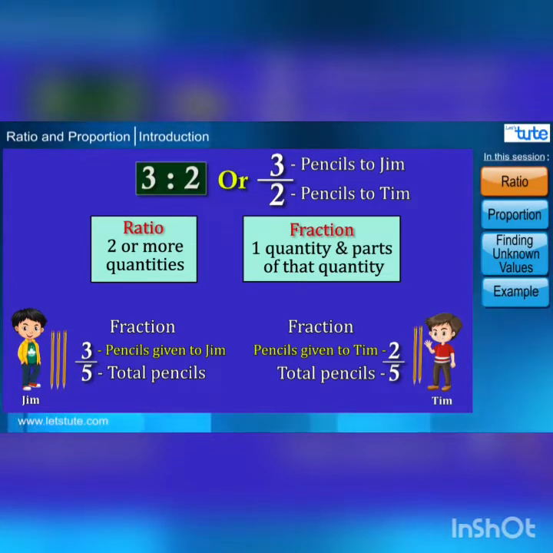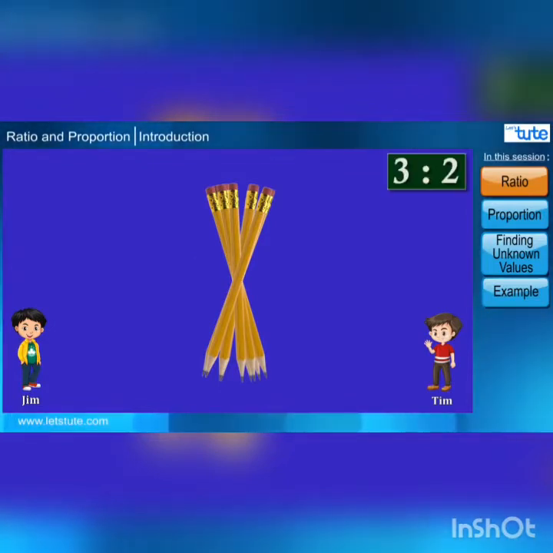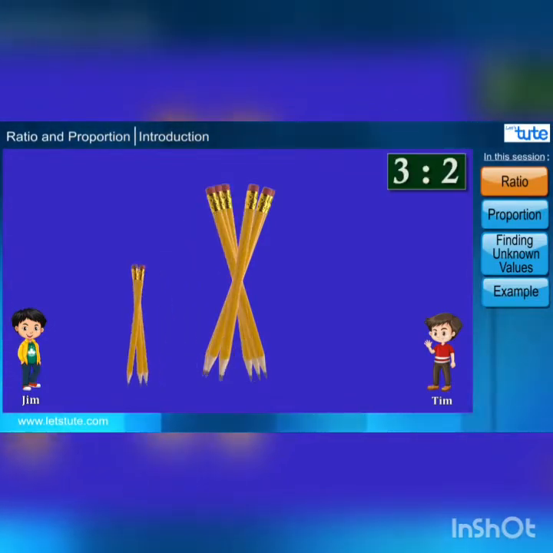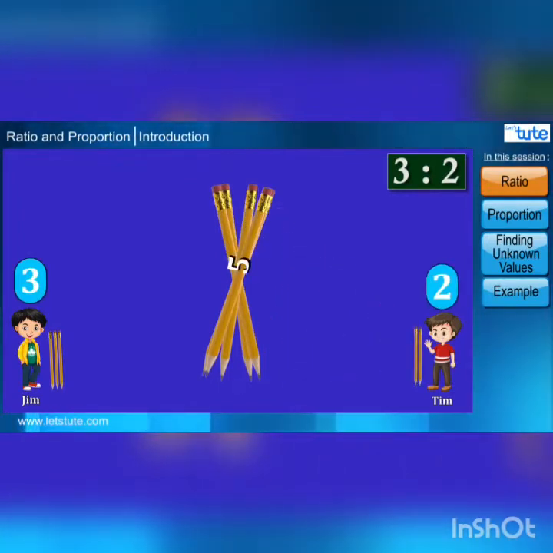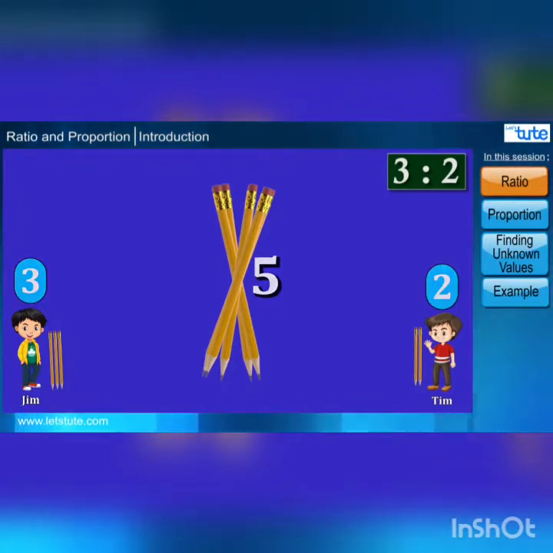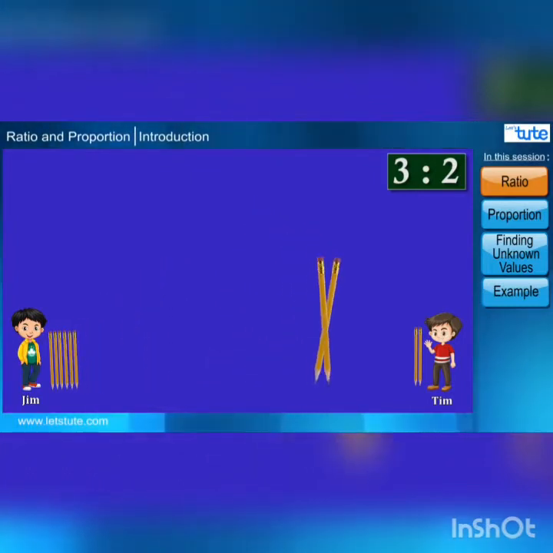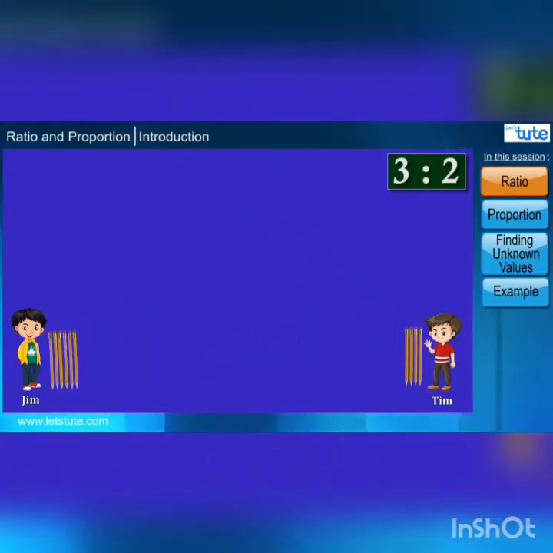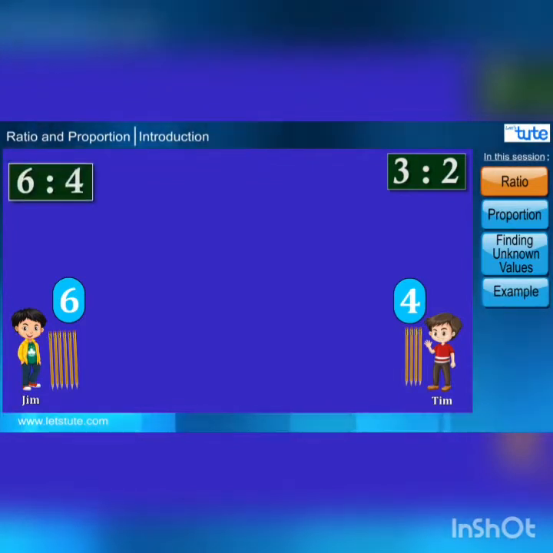Let's continue the same example of Jim and Tim. Now suppose there are 10 pencils to be divided between Jim and Tim in the ratio of 3:2. How will we do this? Now Jim will get 3 pencils and Tim will get 2 pencils. We are still left with 5 pencils. So we'll repeat the procedure, that is 3 pencils to Jim and 2 pencils to Tim. Well, now in total Jim has 6 pencils and Tim has 4 pencils, or their ratio of pencils is 6:4